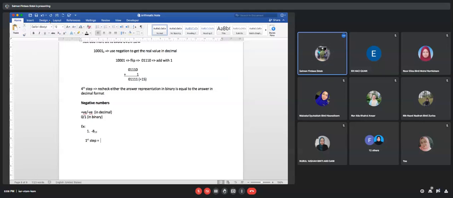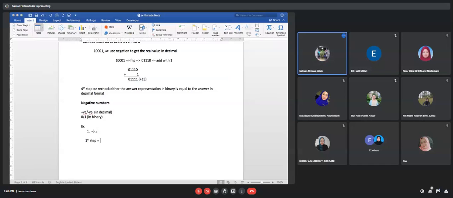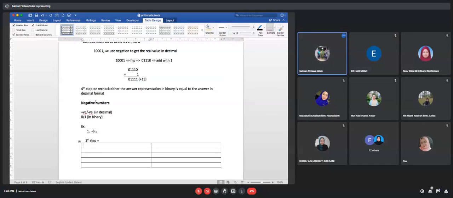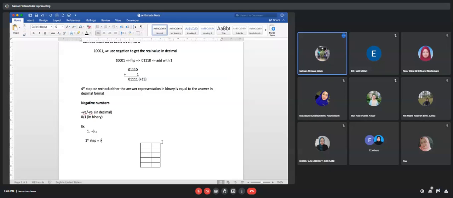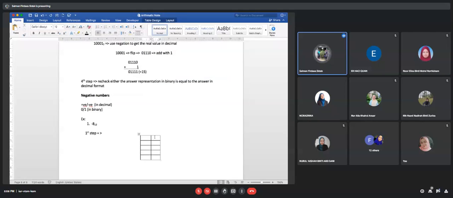Okay, convert to binary. How to convert this one to binary? How do we convert to binary? 8 divided by 2. So the answer is